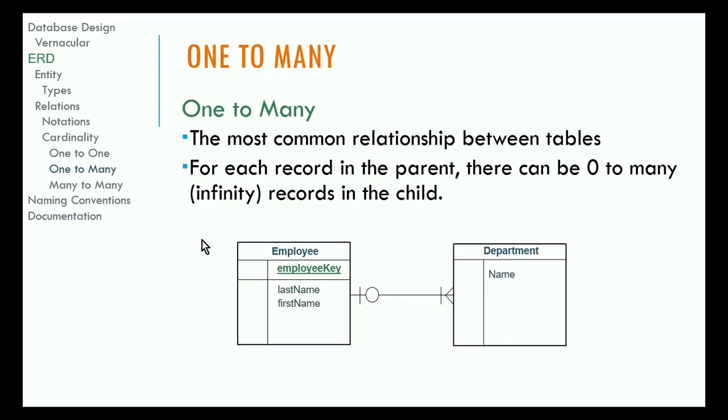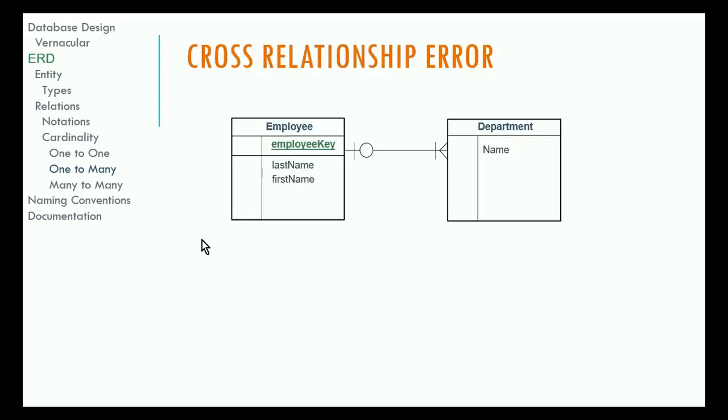And that crow's foot notation shows you that in that little diagram. And again, this is the most common relationship you're going to see, a one-to-many. Now, one thing you might run into when you do these types of relationships, these one-to-many, some students have the